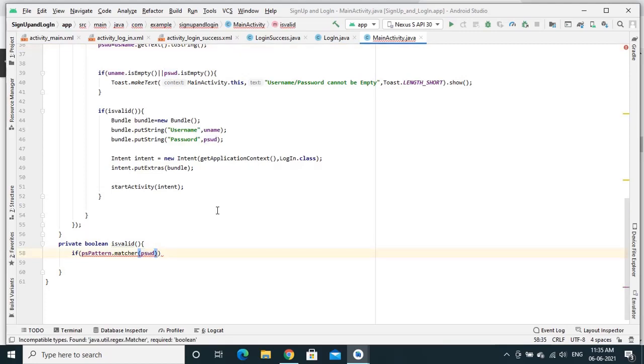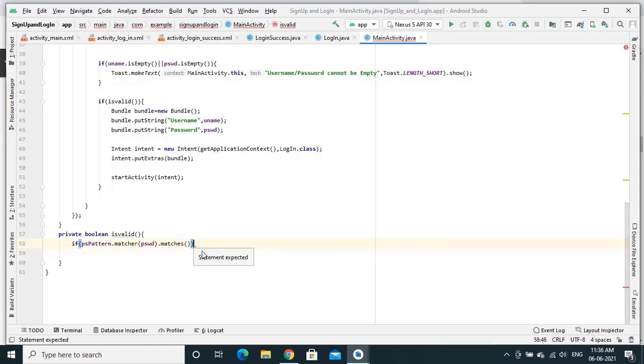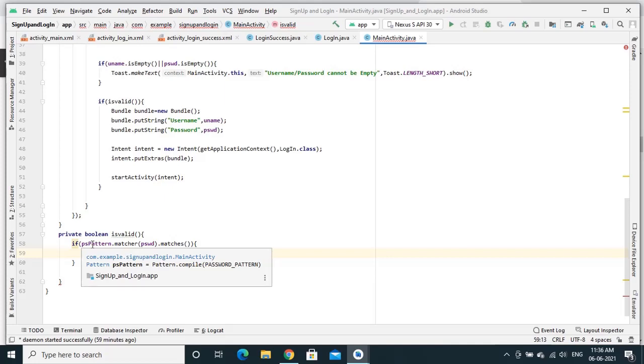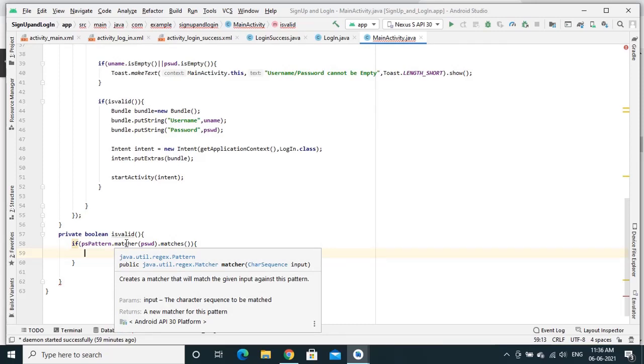Okay, so this is the matcher. Then comes dot matches. So here what exactly I have done is, I will be considering the compiled pattern and matching it with the given password.